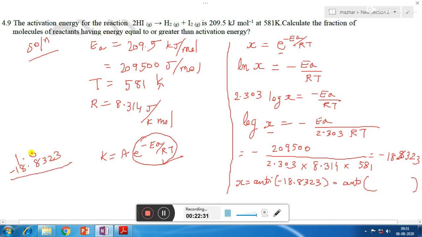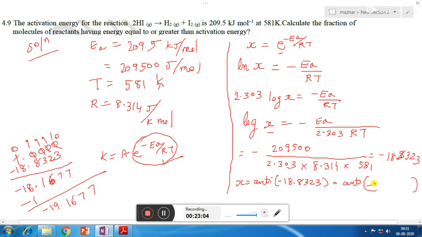When you add 1, it will become 0 carry 9, 0 carry 9, 0 carry 9, 1 carry 0, and this will become 10. So 10 minus 3 is 7, 9 minus 2 is 7, 9 minus 3 is 4, 9 minus 3 is 6, 9 minus 8 is 1, 0 minus 18 is minus 18. So this we have done, add 1. Now we have to subtract 1, so it will become minus 19.1677.